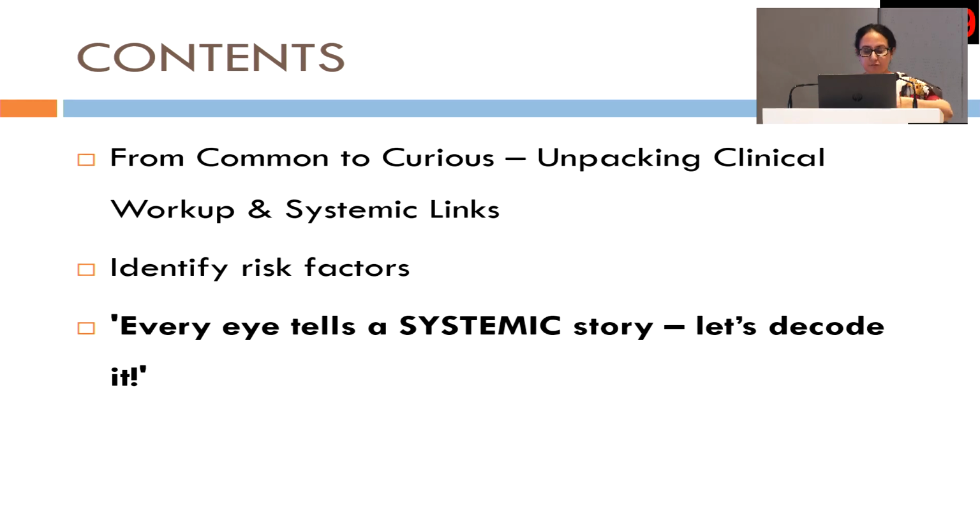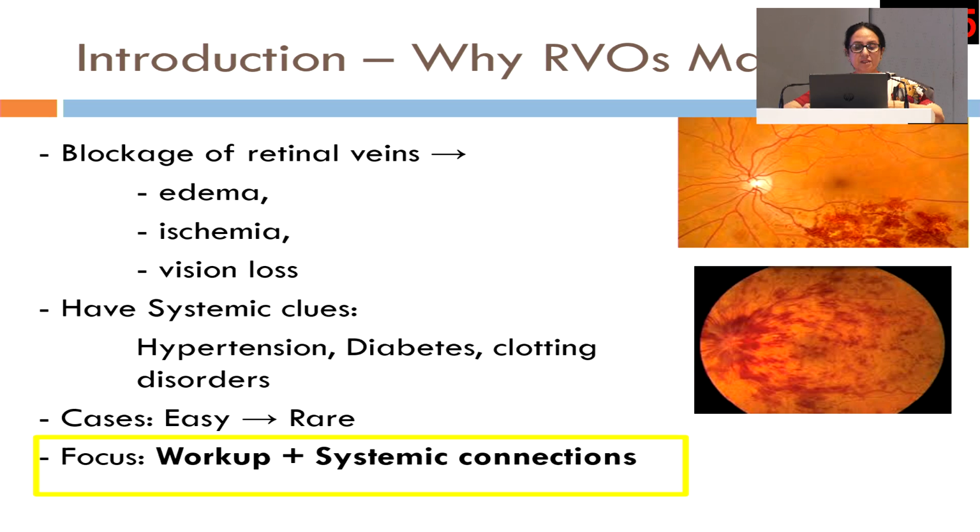So I will be going from the most common cases which we see in our clinic to those which are a little rare and curious. So we identify the risk factors, and an interesting adage: every eye tells a systemic story, and anything which is happening in the eye you should correlate with the systemic problems. So we have already said the blockage of the